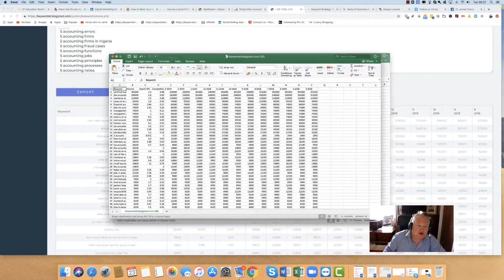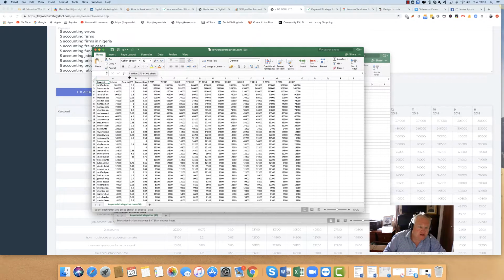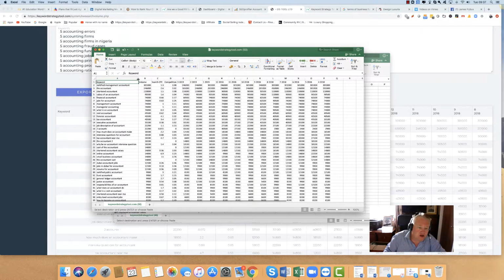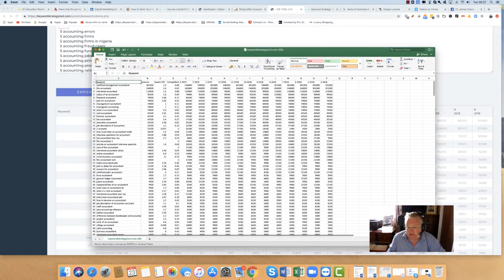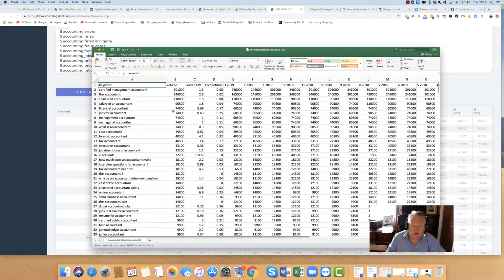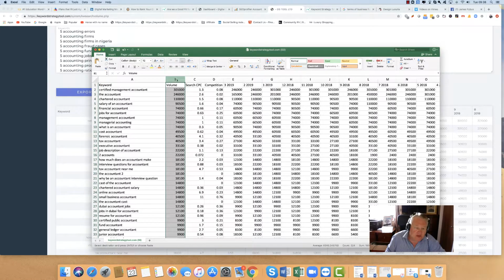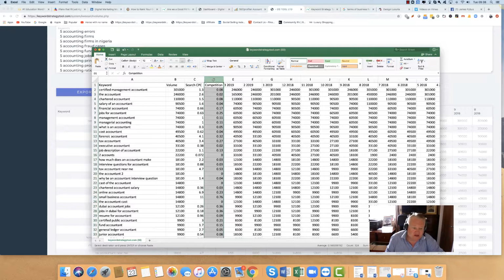This is what I describe as a cluster. When you get any research done from us, you get a copy of the book and you'll understand the term cluster. Let's make that a bit bigger so you can actually see it. In column A, we've got the actual keyword. In column B, we've got the number of searches in the month in which we were doing the keyword research. Here we've got the cost per click if we're going to do paid advertising. We've got the competition level, so how many people are actually competing against you for that particular keyword or phrase. Then we've got month 3, month 2, month 1, month 12, and so on.